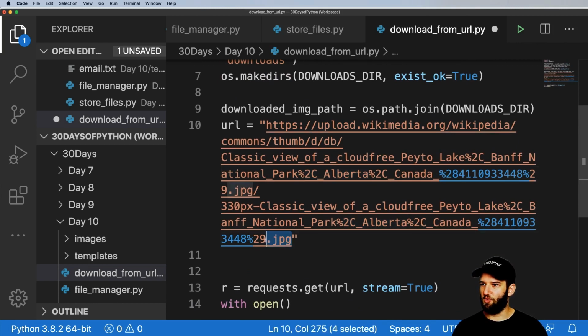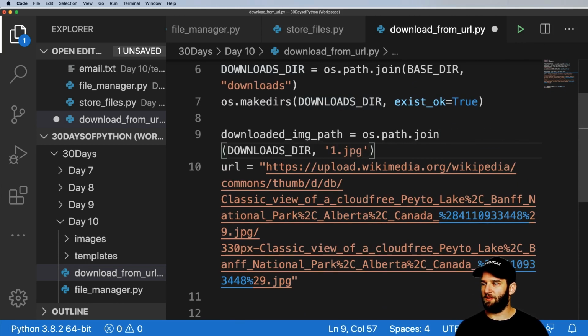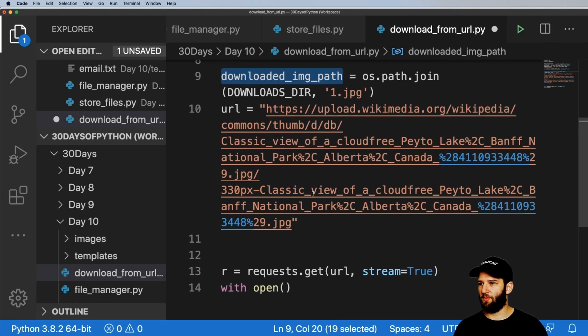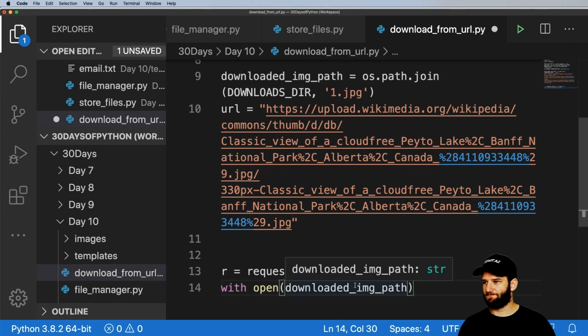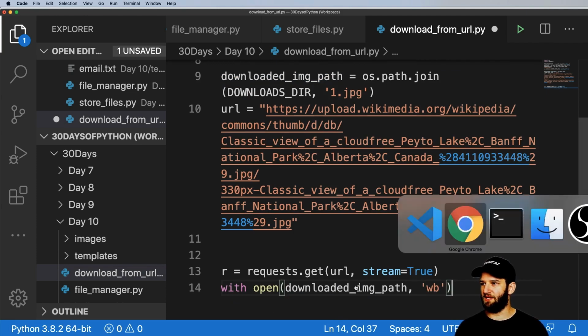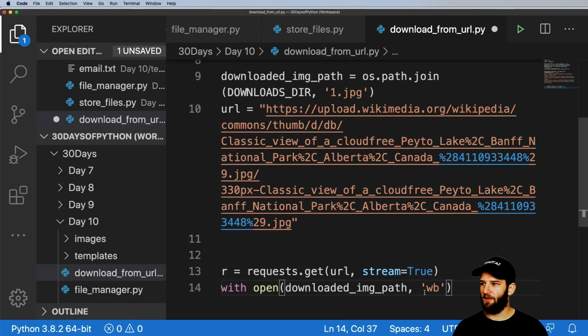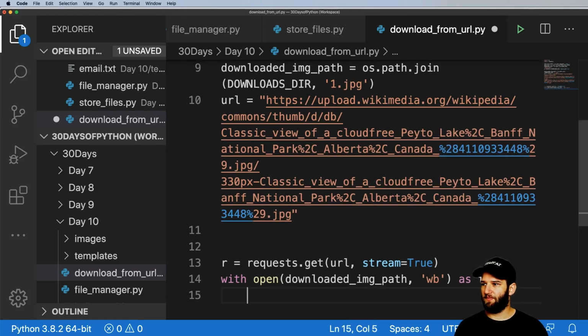And I already noticed that my URL has a JPEG, or it's using .jpeg. So I'm going to go ahead and say just one.jpg. Okay, so that's the path I want to use. So with open, and then we're going to write bytes. So WB, that's where that B comes in, coming back to here. Right, so this is now in binary and write mode, and then we'll do as f, and then we can